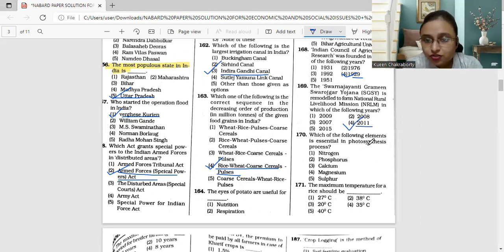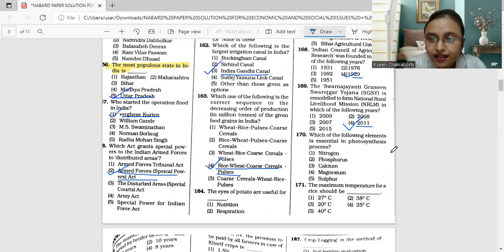Moving on to the next question. Which of the following elements is essential in the photosynthesis process? Now, everyone must be aware of what the photosynthesis process is. The five options that we have are nitrogen, phosphorus,